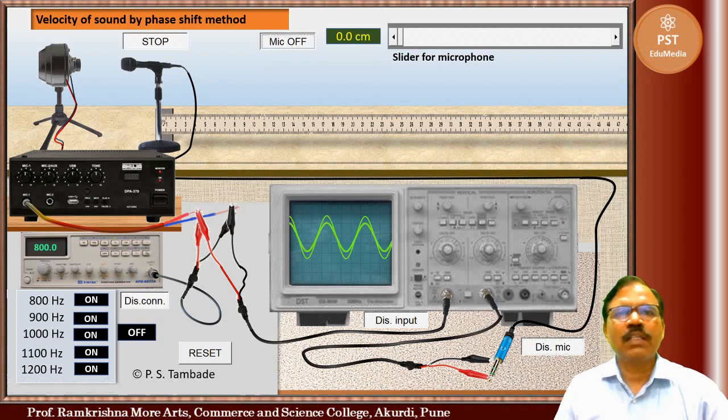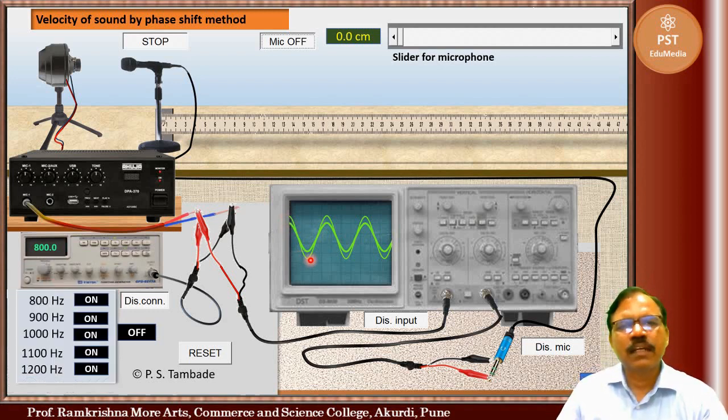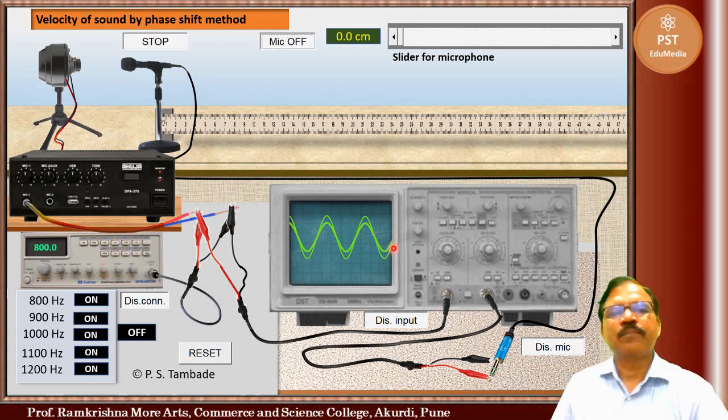So if we turn on the mic, see here there are two waveforms now. What are those waveforms? They are sine waveforms. See here, the waveform of larger amplitude is the input waveform. The waveform of smaller amplitude is the output waveform, or the waveform from the microphone signal. Now this is the position at which these peaks match with each other. Now we have to shift.